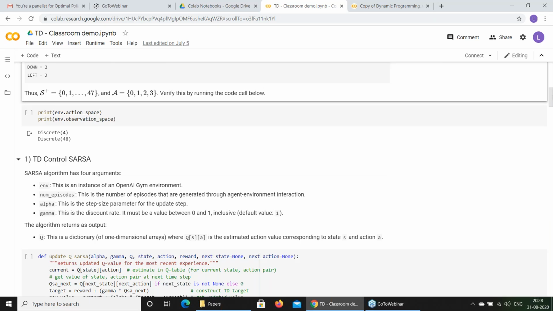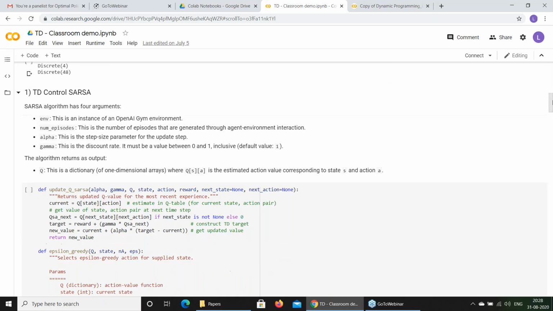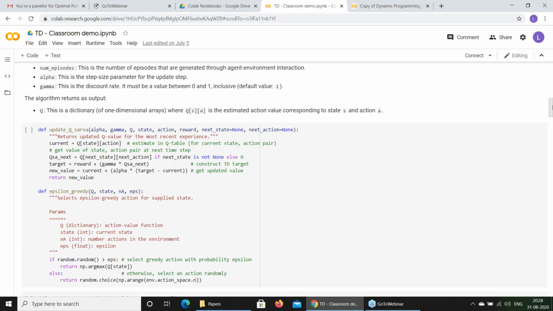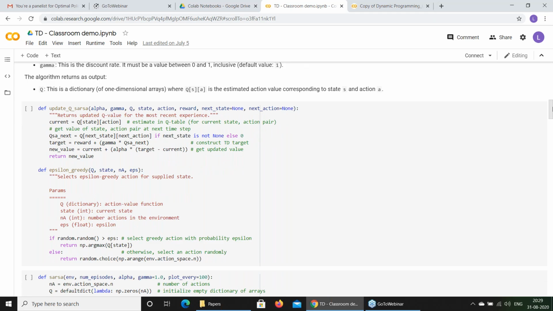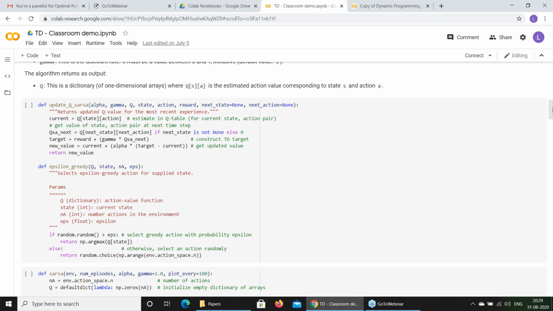First we talk of SARSA. SARSA is the sequence of states, action, states, and again action in that sequence. So it's a simple sequence in SARSA. So alpha, we have gamma, Q, state action, rewards, next state, next action. And then we define exploration or exploitation. This is where we define the random number. That means across each iteration we know whether we explore or exploit.